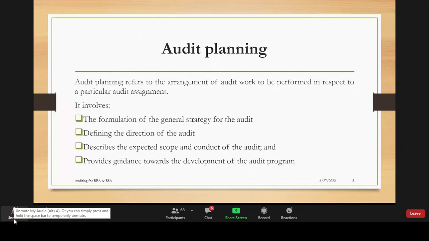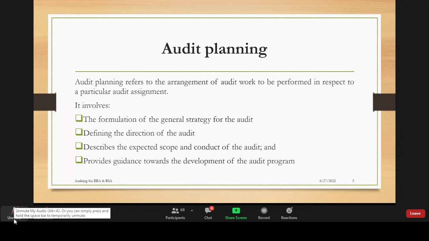In some instances, you may not need to do an interim audit. In some instances you will have to, but the practice nowadays is that the majority of audit firms do interim and final audit. Then the scope: what are you going to cover? How far are you going to go? This also depends on your materiality. For example, if you have an entity like Capital Shoppers, and Capital Shoppers has, let's say, 4 branches, are you going to attend a stock take in all 4 branches? Or if you do 2, it may be representative of all the 4. That is the scope and how you're going to conduct your audit.